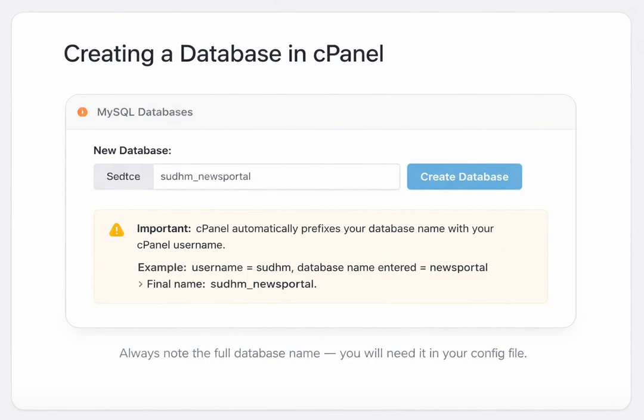Next, we create the database. In cPanel, you go to the MySQL Databases section and create a new database. Here's something important to understand. When you type a name like News Portal, cPanel doesn't just save it as News Portal. It automatically prefixes it with your cPanel account username. So if your username is Suthem, the actual database name becomes Suthem_News Portal. This is a very common source of confusion for beginners. Always make note of the full database name, including the prefix, because that's what you'll need to enter in your